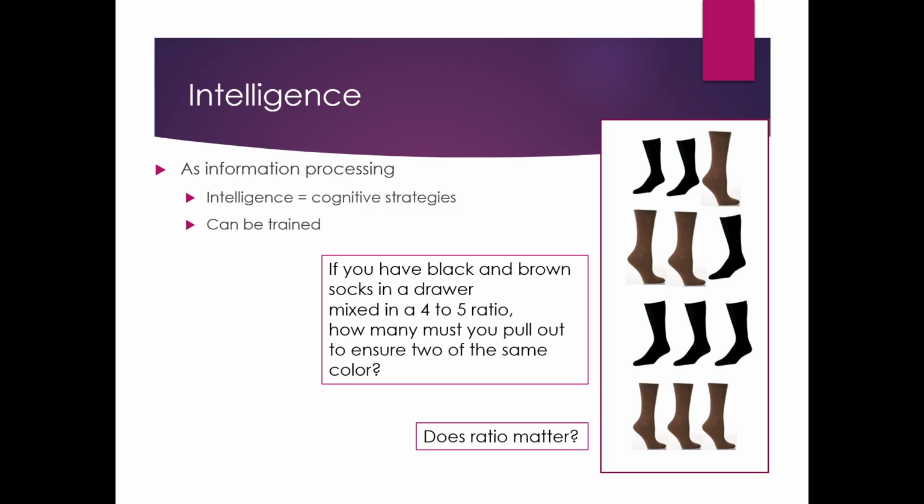Let me apply it to something a little less abstract. Let's say that you have 2 kids, one's a boy and one's a girl, and you are expecting your 3rd child, you're going to have 2 of the same sex. It's a guarantee. 2 of them are going to be the same sex. There's only 2 choices, and this 3rd one is going to match one of the previous ones.